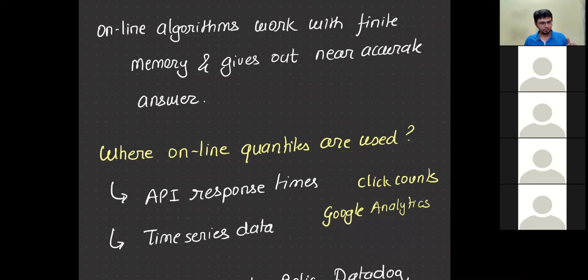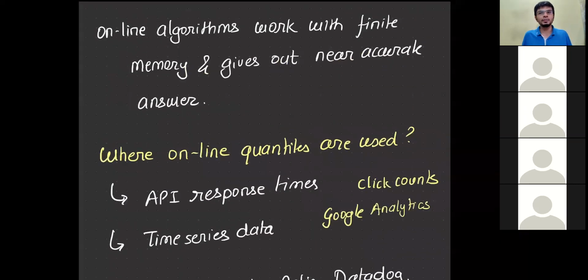So that's where we give up on accuracy, and that's where a new class of algorithms has come up, which are basically online algorithms. These online algorithms give you a near-accurate answer, with an error rate of about 2 to 5% from the actual answer. And obviously this is configurable. Depending on how much memory you want to use: if you use more memory, it would give you a more accurate answer. If you have constraints on memory, it would give you a less accurate answer. So depending on what works for your system, you can tune the algorithm to your needs.